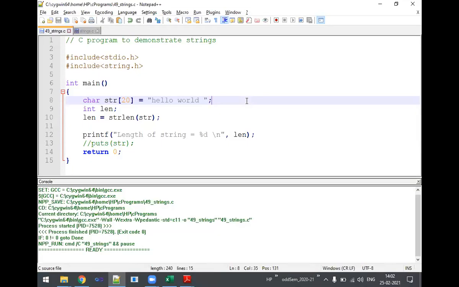Now, as I said in the previous class, before the double quote, whatever the character is there, after that it places a null character. So before the double quote, what do we have? Space. Space is considered valid here, so space will be treated as one more character. If I add one more space here, 13. Correct? Understood?